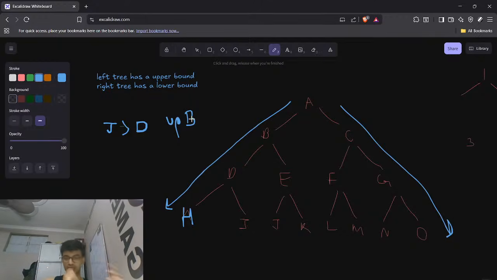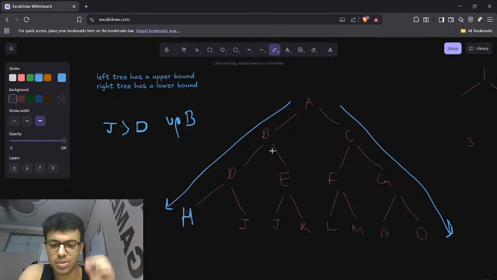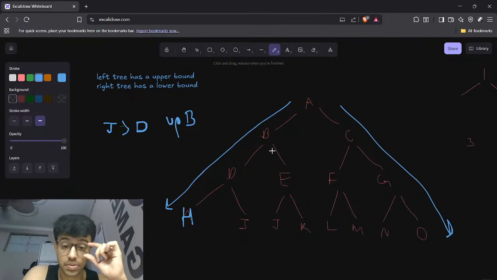Yeah, I think this is where I was getting confused. पेरेंट के पेरेंट को अपर बाउंड और लोअर बाउंड बना के चलो. दैट इज इट. पेरेंट के पेरेंट को